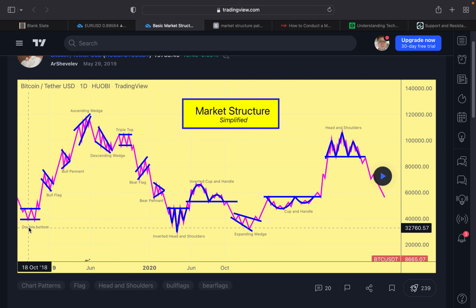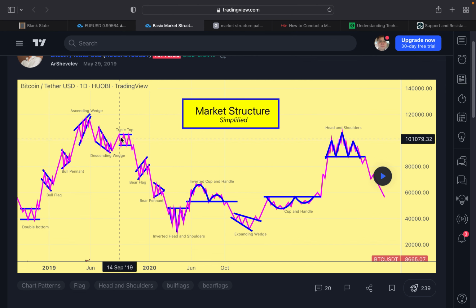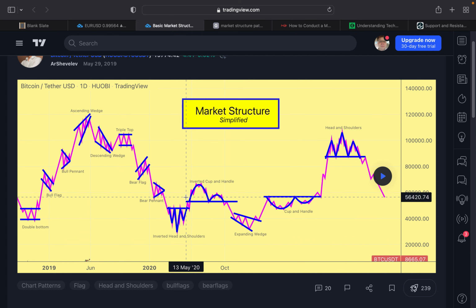You can see here double bottom, a bull flag, a bull pennant, an ascending wedge, a descending wedge, triple top, bear flag, bear pennant, inverted head and shoulders, inverted cup and handle pattern, expanding wedge, cup and handle pattern, head and shoulders pattern. Each of these are patterns you can trade and try to catch the expansions in between them. Or if you're swinging,